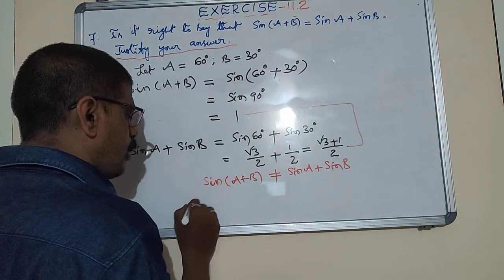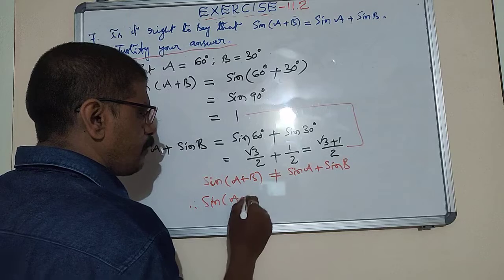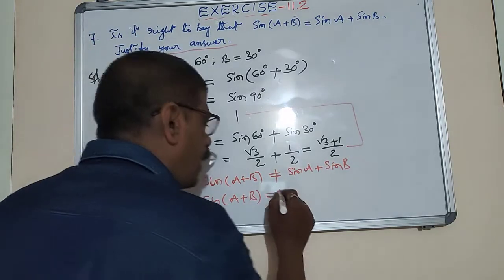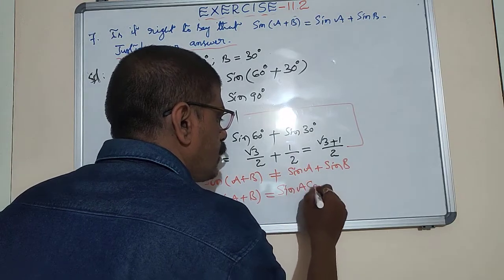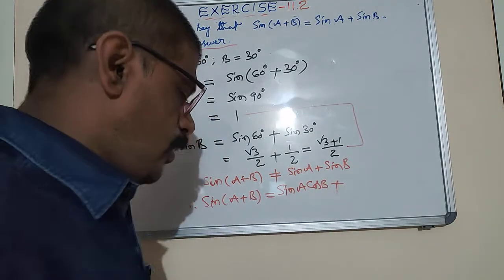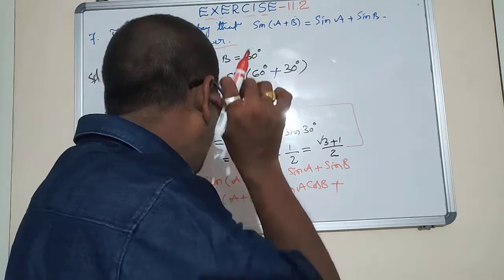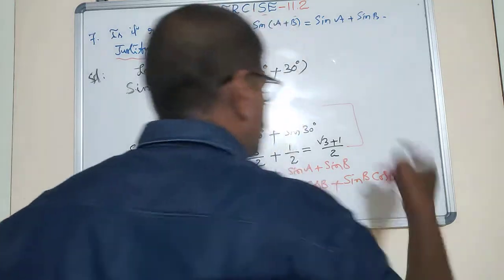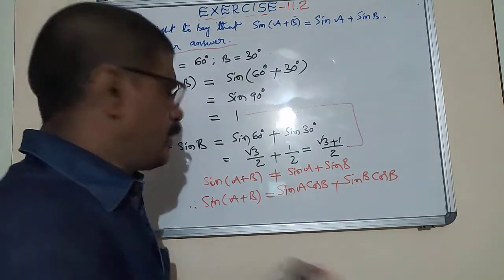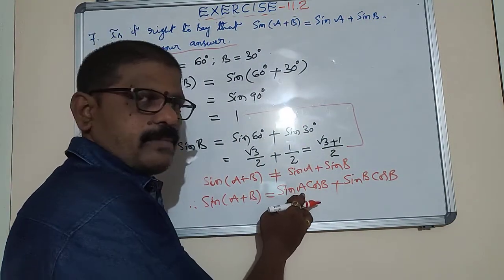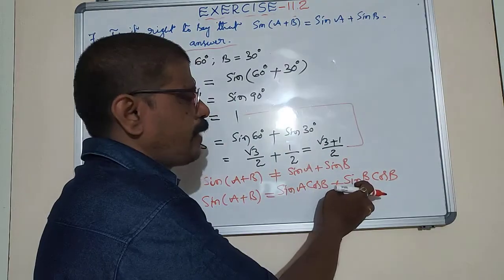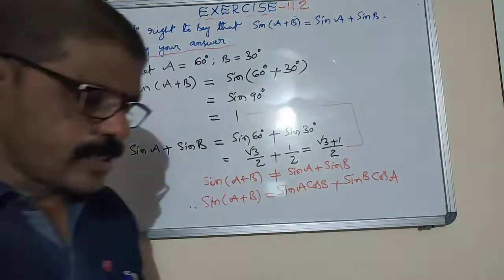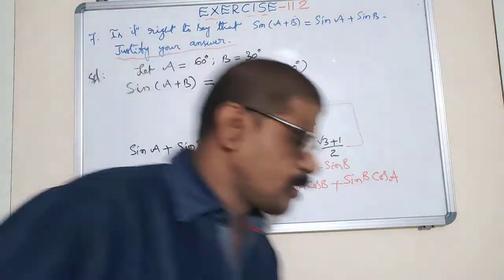But which is correct? Already told. The formula for sin(A+B) is sin A cos B plus cos A sin B. Clear? This is the correct process. So we have to check once again. A is 60, B is 30. Replace A by 60, replace B by 30, and cos A is cos 60 degrees. So this is the